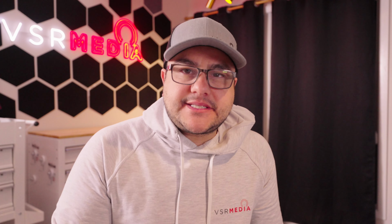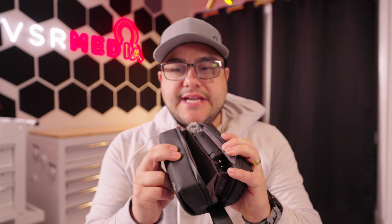I went with the Creator Combo, and I chose to separately add on the black mist filter, which comes in handy for shooting in daylight, sunlight, anything outdoors. It's going to come in this leather case, a really nice leather case. The seams seem to be waterproof, really nice zipper. DJI branded here on the outside, and on the inside you're going to find not only the camera,